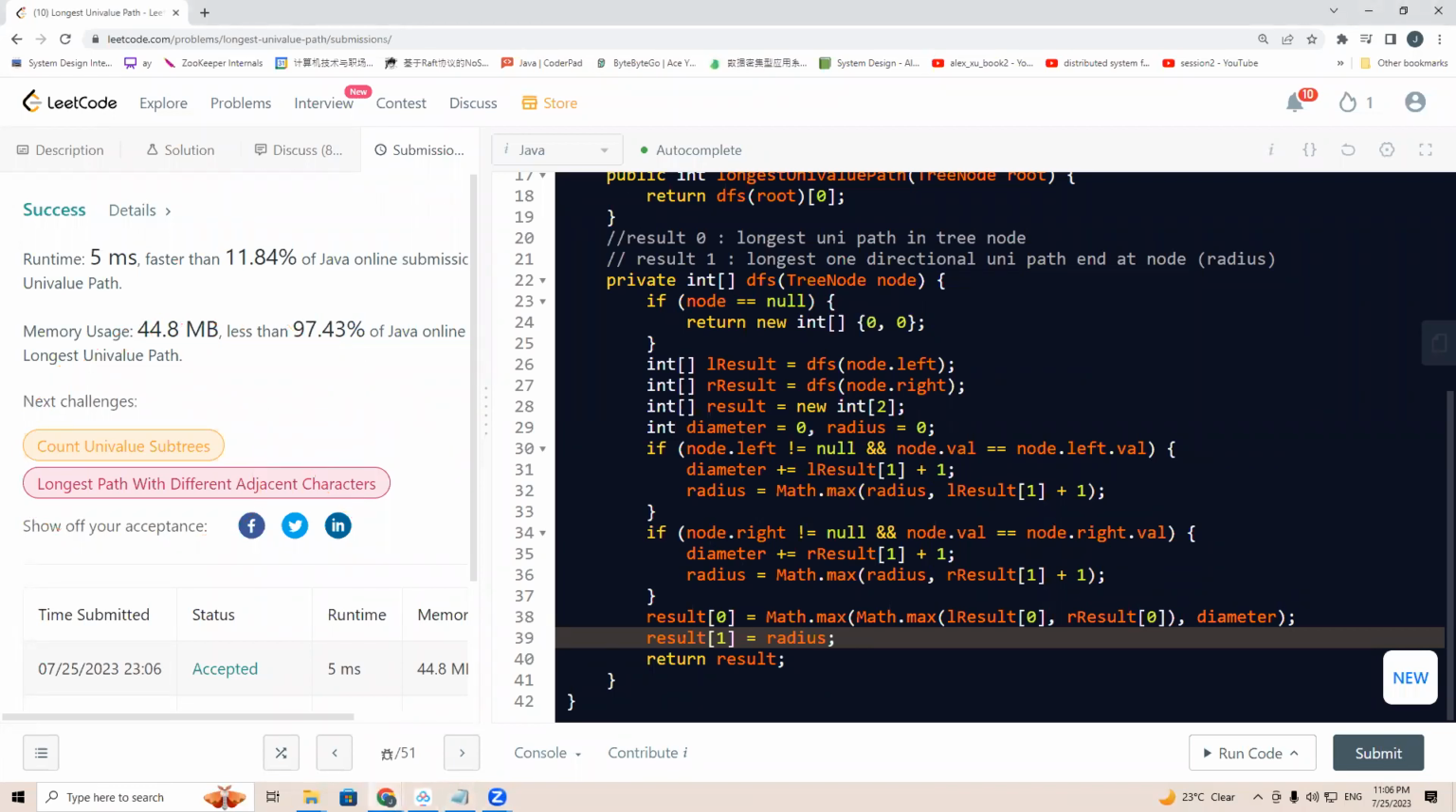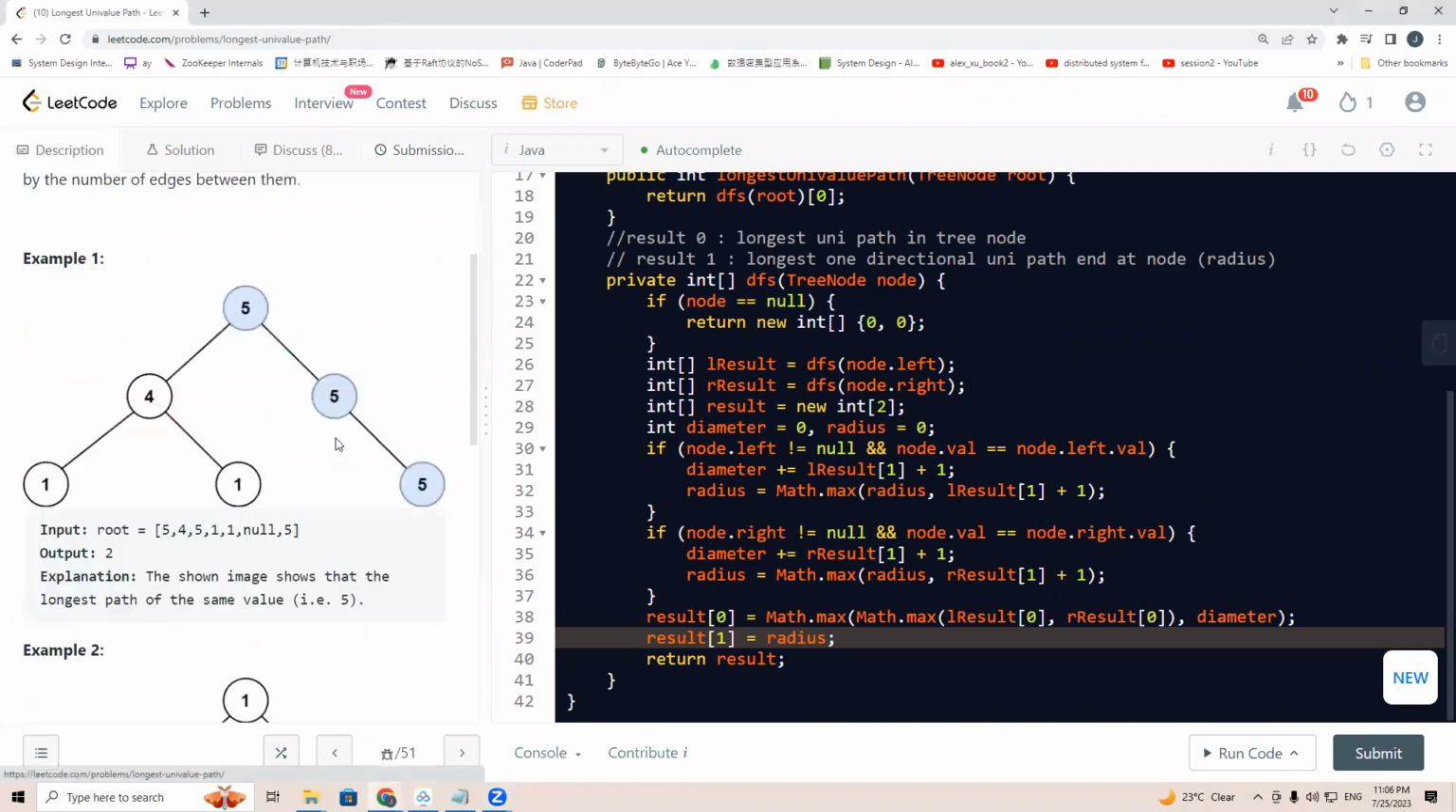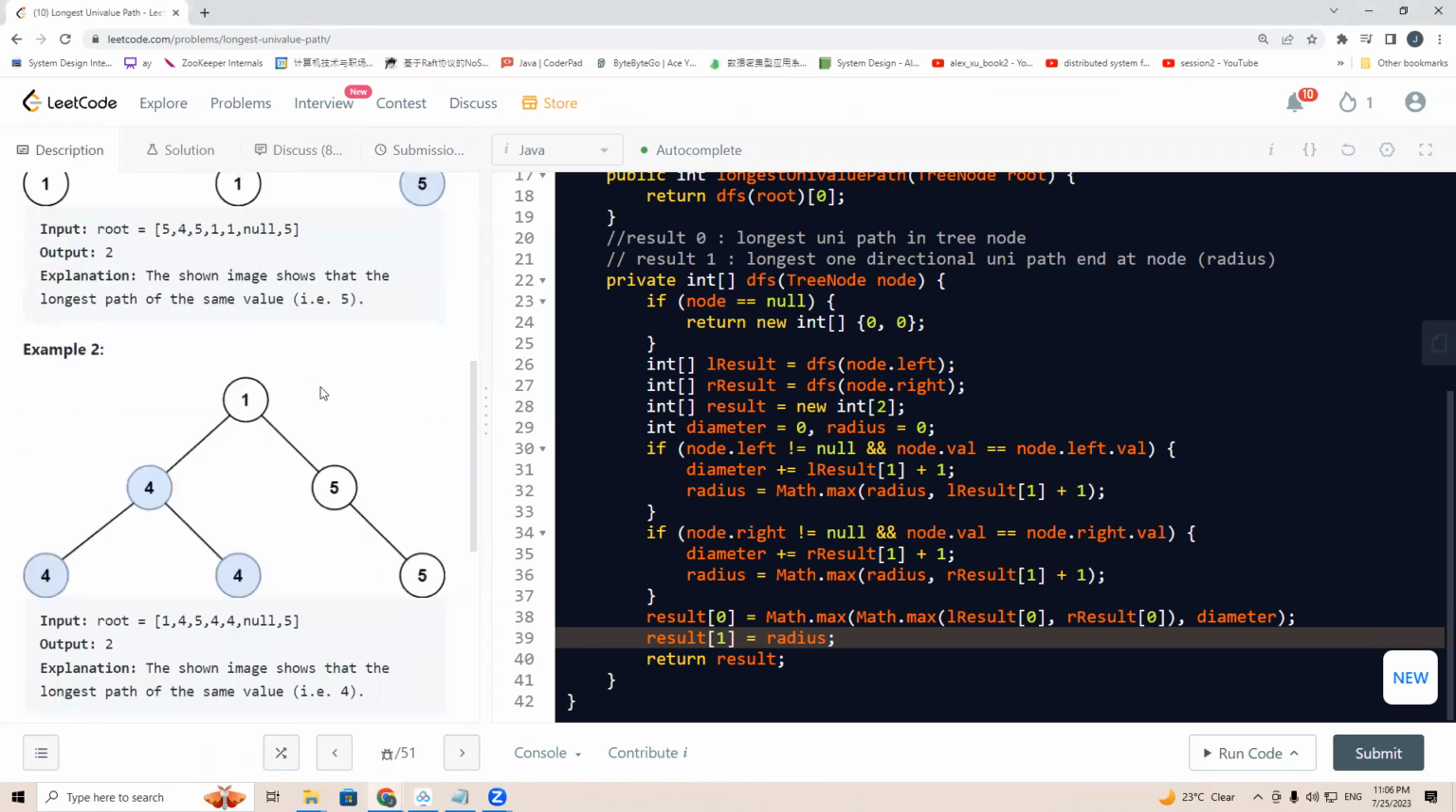We use divide and conquer, and for the tree, we traverse every node in time complexity of